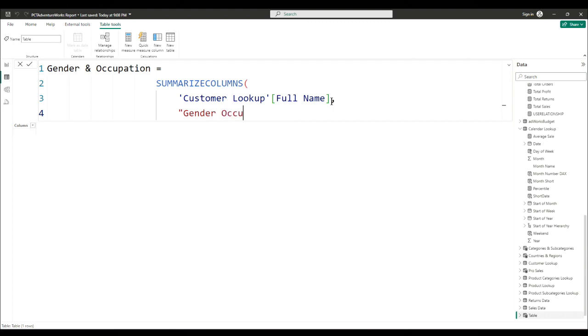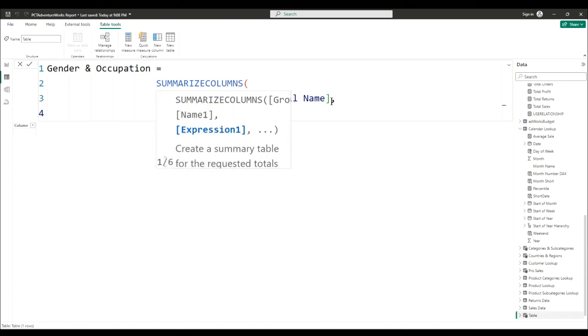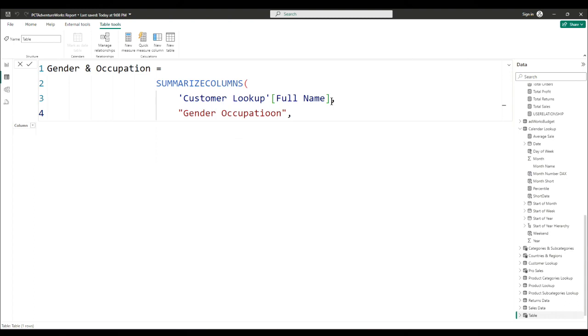When you name one, you can then make that the name for an expression. My expression is going to be occupation. My expression is going to be